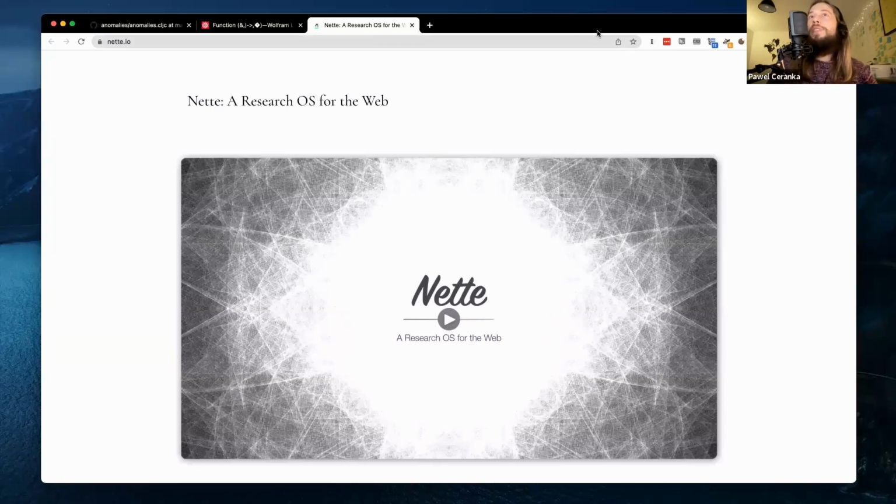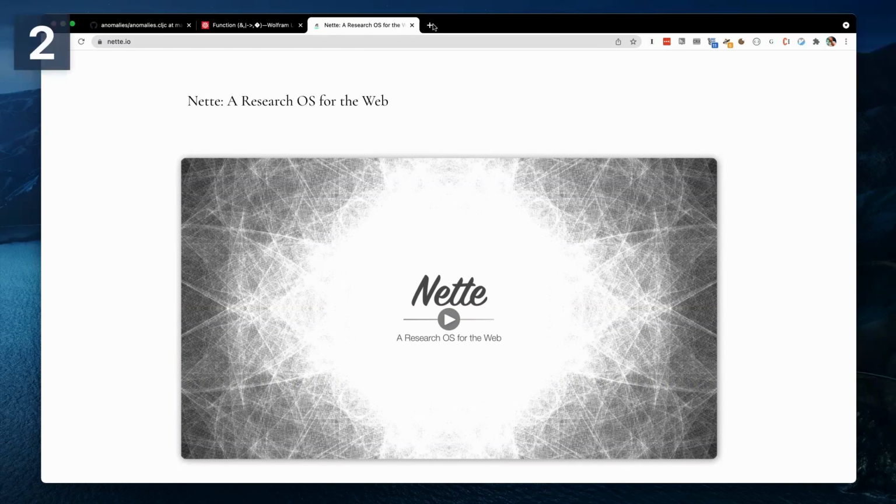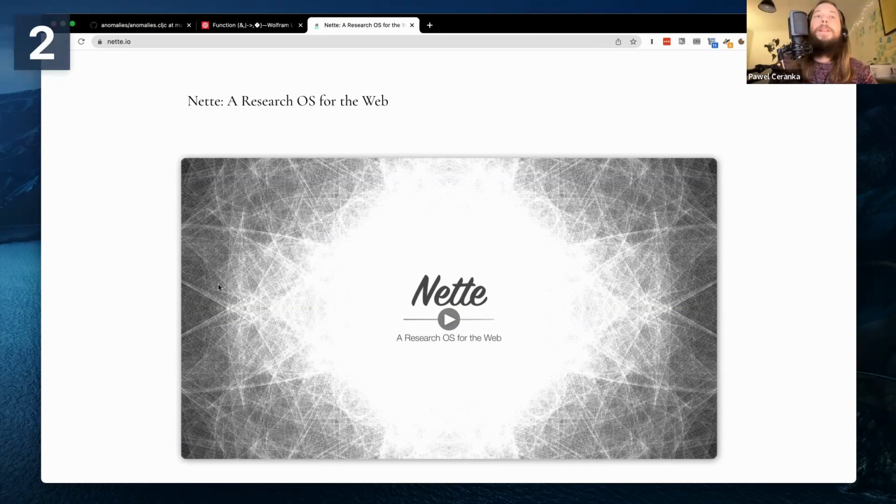How can I stop this screen sharing? I think if you scroll to the top, there should be a button that pops up at the top of your screen. There's only new share. Oh, really? Okay. I don't know if I can help there.